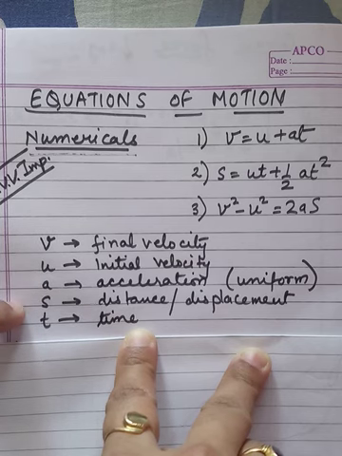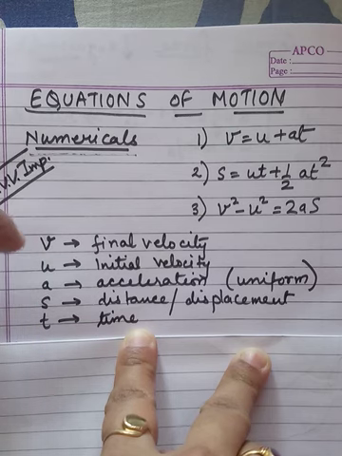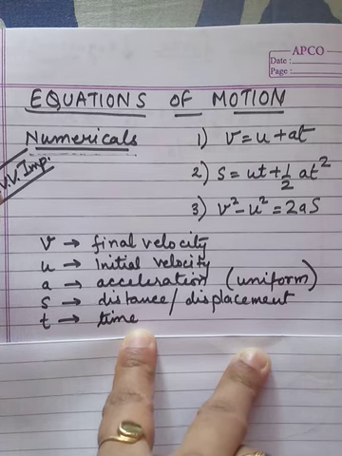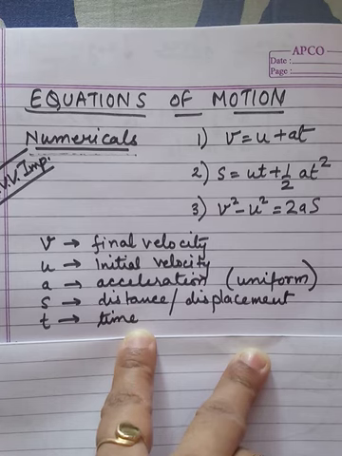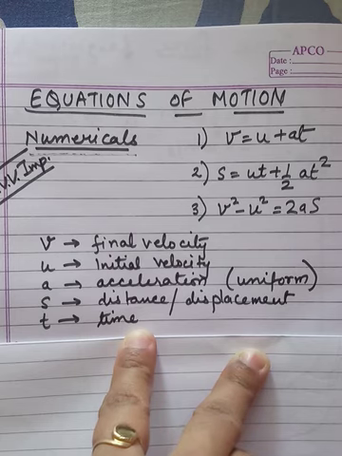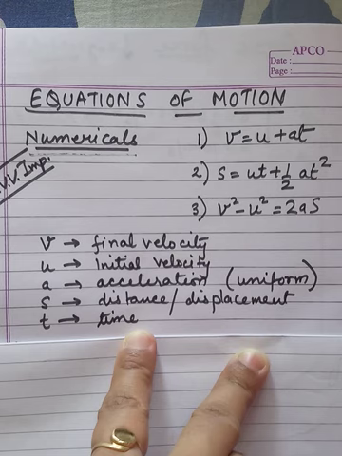Okay, so for that we basically have two types of numericals. In the first case, we will consider when the object is having motion on the surface, that means on the earth's surface. And secondly, when any object is moving above the surface of earth or against the gravitational force. So two cases we will discuss, and how to solve the numericals, and after that we will move on to the type of questions.